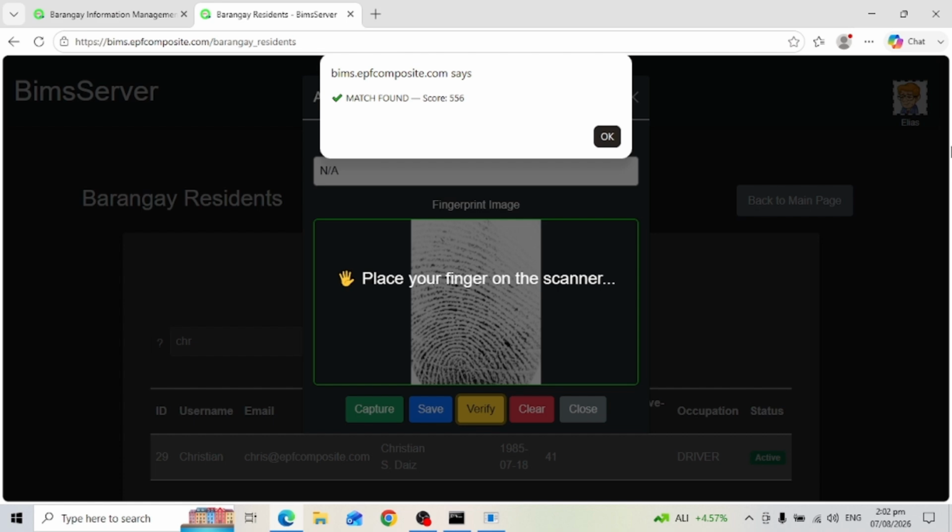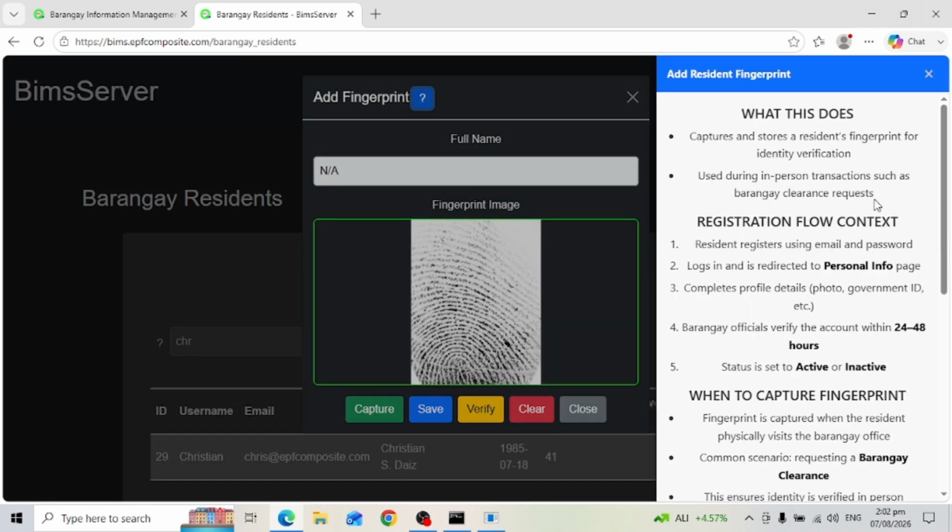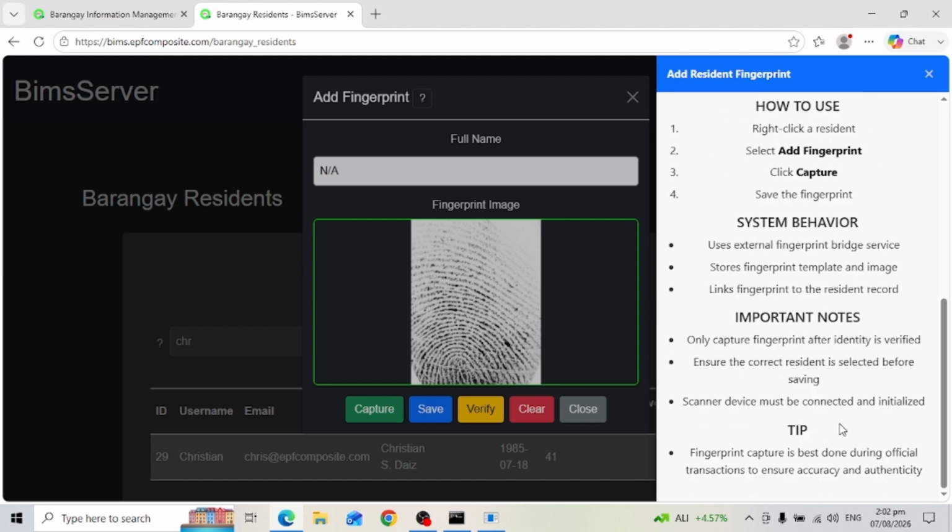Sa right side, makikita ang Add Resident Fingerprint Help panel. It explains what this function does, the registration flow context, when to capture fingerprint, how to use the function, system behavior, important notes, and tips. The most important reminders are: only capture fingerprint after identity is verified, ensure the correct resident is selected before saving, and make sure the scanner device is